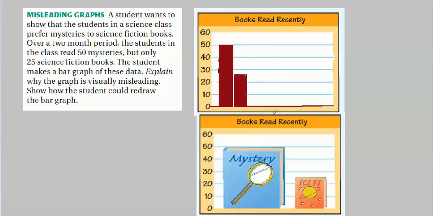Well, you made one twice as wide as the other. That's what you did wrong. You can't do that. That's not fair. You're giving people the impression that this is way bigger than this. This might be larger, but it's not as much larger as this would give the impression. So keep this in mind either way. If you don't want to be duped, always take a hard look at any statistics or graphs that you're given. On the other hand, if you intend to dupe people, well, pay close attention to this. It's a good way to do it.